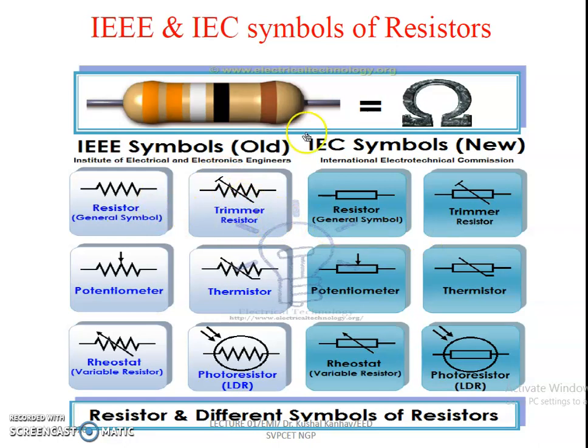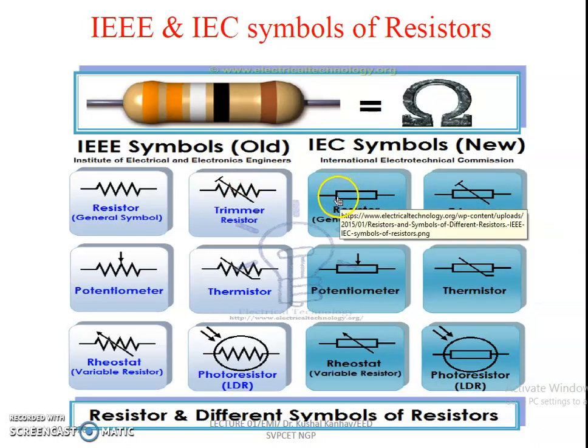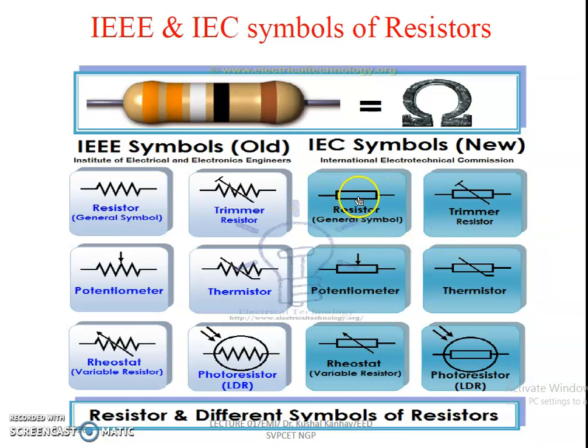The same elements in IEC symbols are represented in this manner. This is how the resistor is represented. It is a rectangular block, and for trimmer, a rectangular block with an inclined line you can find here for indication of variable resistance. This is potentiometer. You are aware about this element, potentiometer. You have used this earlier in different laboratories. This is thermistor. It is a variable resistor, and the value of resistance depends on the temperature which it senses. As the temperature changes, the resistance also changes.